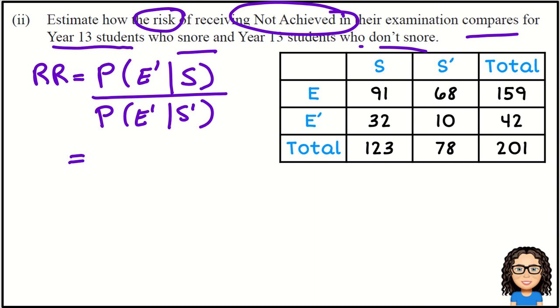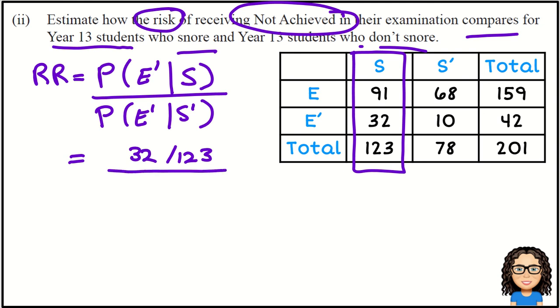So the first, top one, find the probability of not achieving given snoring. Given snoring, well, there's my snoring students. I've got 123 of those, and out of that 123, there were 32 who did not achieve. Then I'm going to compare with my students who did not snore. There are 78 of those who did not snore, and from that there are 10 who did not achieve. So what I need to do now is put that into my calculator, and that's going to give me an answer of